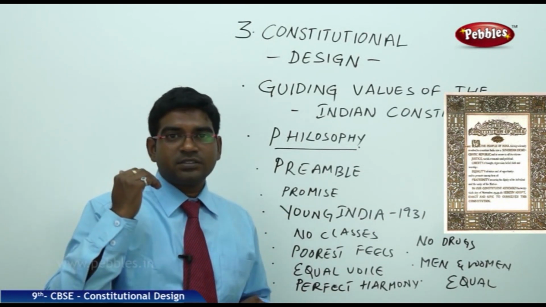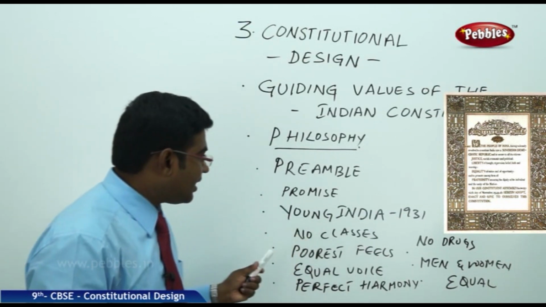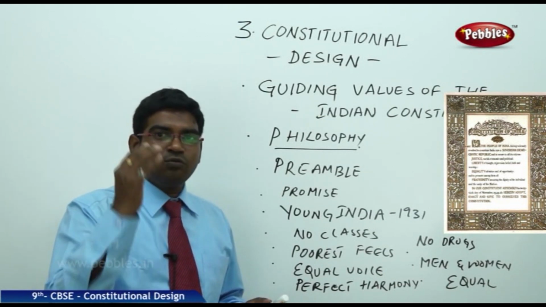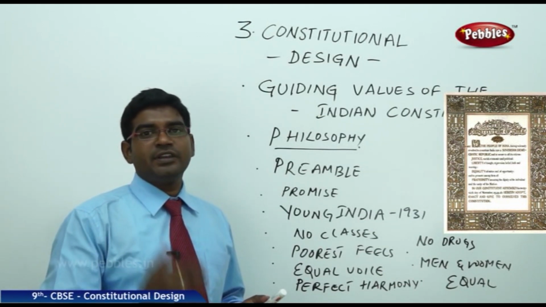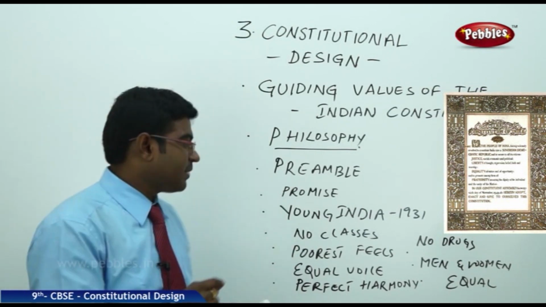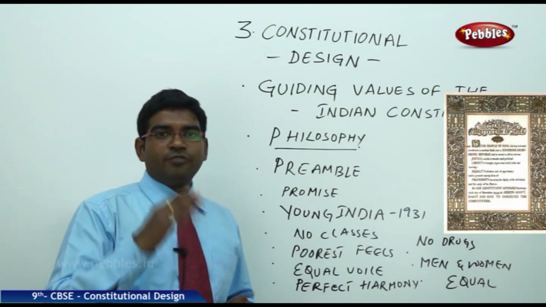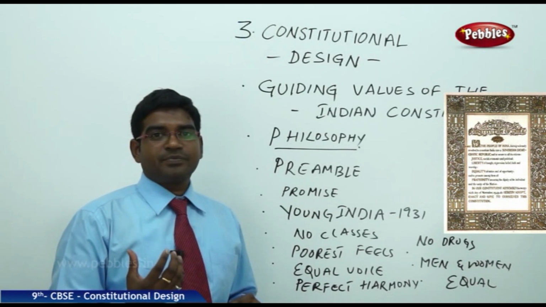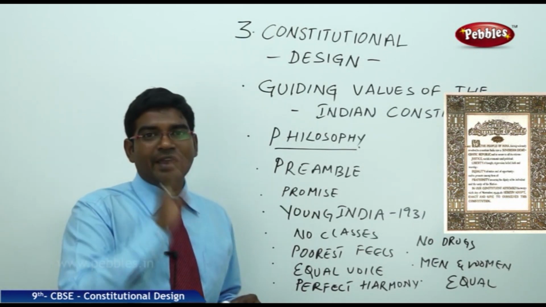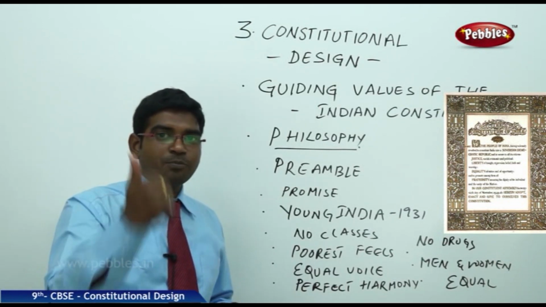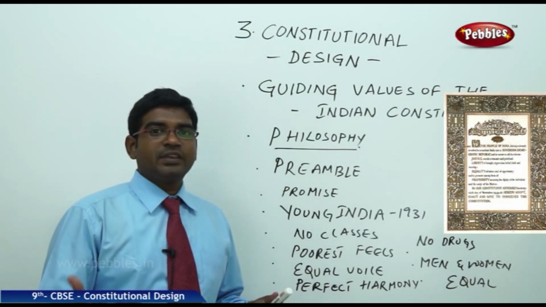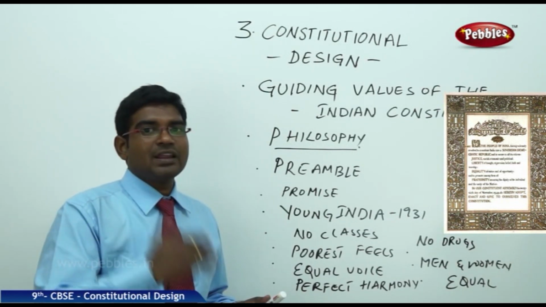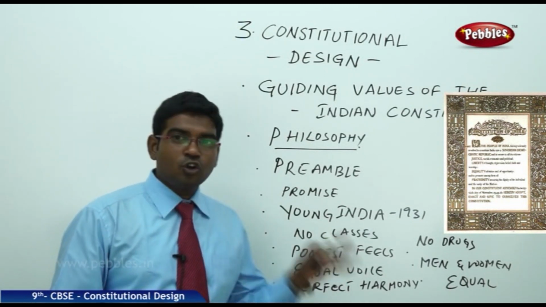Gandhiji, in his magazine Young India in 1931, gave a clear picture of what he wanted the Constitution of India to be like. He clearly mentioned that he wanted a Constitution of India where the poorest shall feel that it is his country and there shall not be any discrimination of higher class or lower class. He wanted the poor to feel happy for his country. He wanted no discrimination based on richness, whether high class or low class.